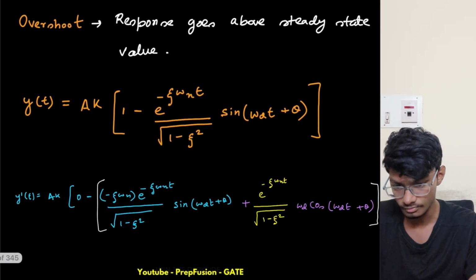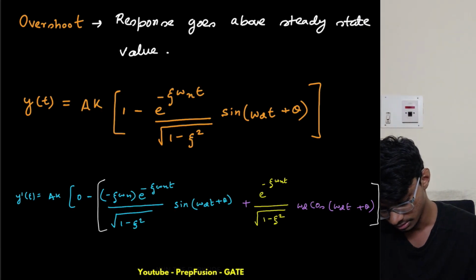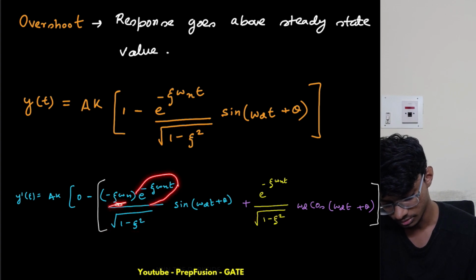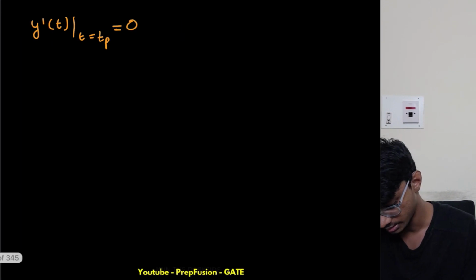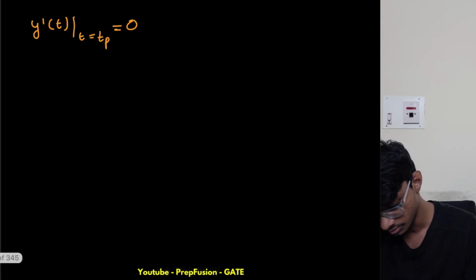If you make this 0, what happens? This term goes away, and this term also goes away, and we are only left with this one. Let me write here. So it is basically